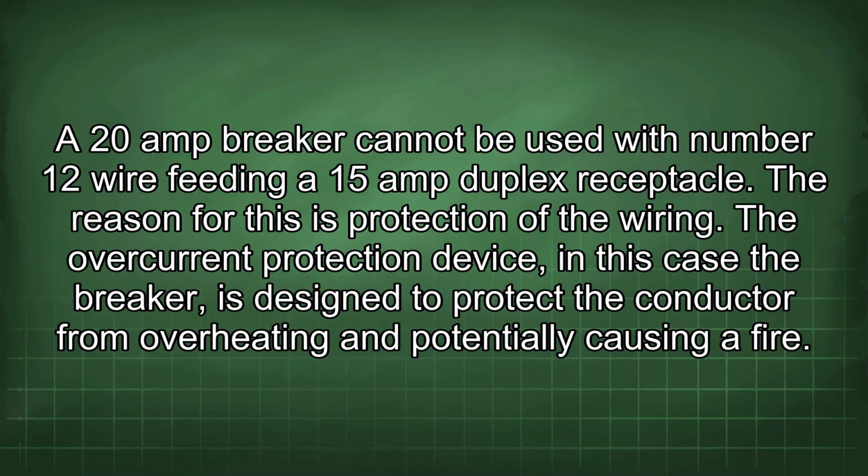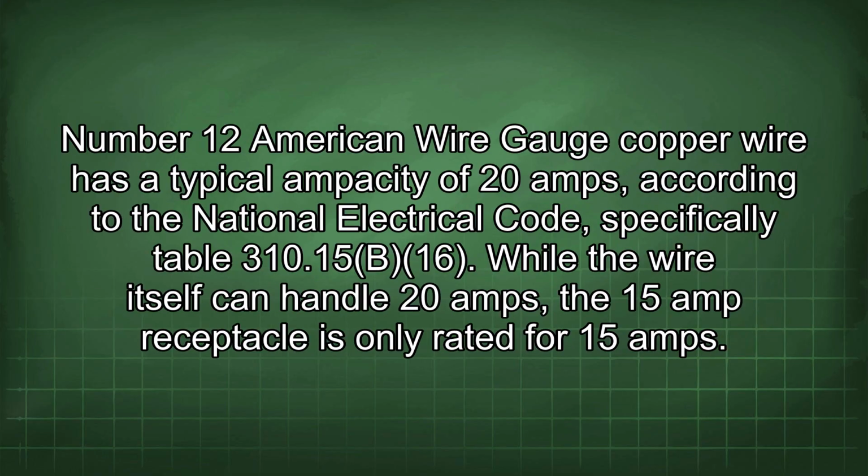A 20 amp breaker cannot be used with number 12 wire feeding a 15 amp duplex receptacle. The reason for this is protection of the wiring. The overcurrent protection device, in this case the breaker, is designed to protect the conductor from overheating and potentially causing a fire. Number 12 American wire gauge copper wire has a typical ampacity of 20 amps according to the